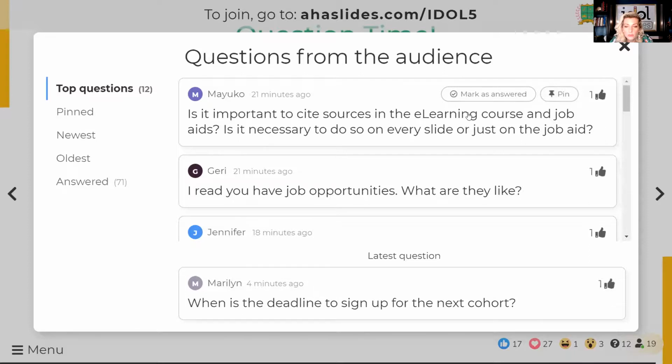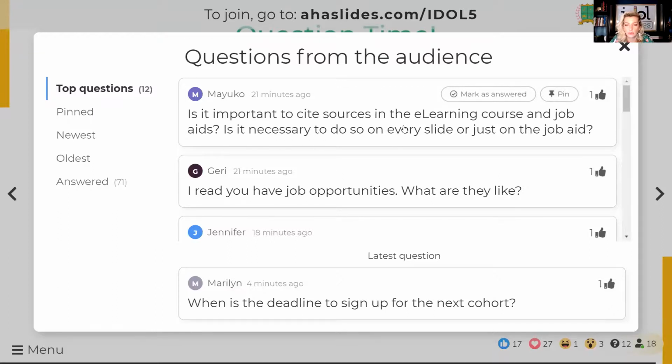Is it important to cite sources in the e-learning course and job aids? Is it necessary on every slide or just the job aid? If you're going to cite sources, usually we make it a menu item or one slide that says resources that people can optionally click on to find out more information.